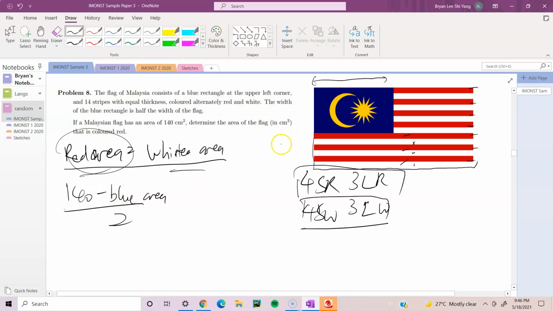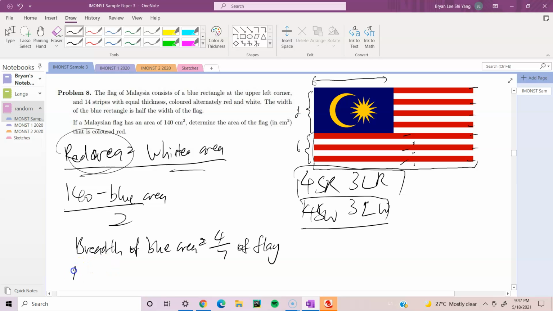Okay, so we want to see. Give me a moment. Okay, so we have 8 stripes here, and then we have 6 stripes here. So the breadth of this blue area is 4/7 of the breadth of the normal flag, right? So the blue area, as you can see here, since we know